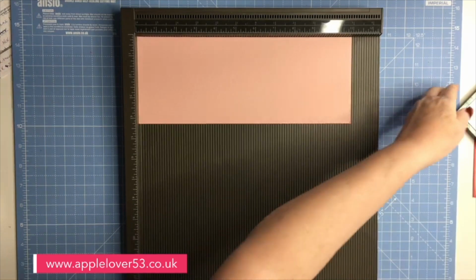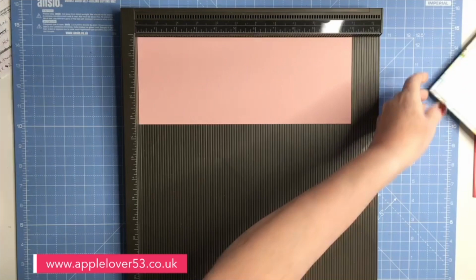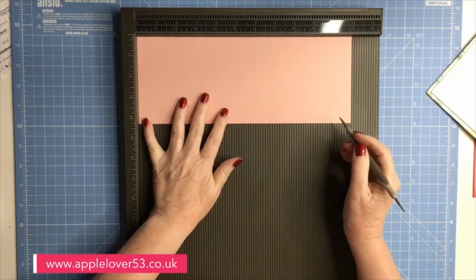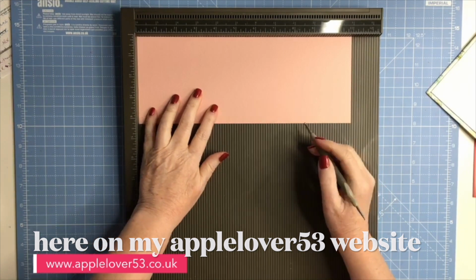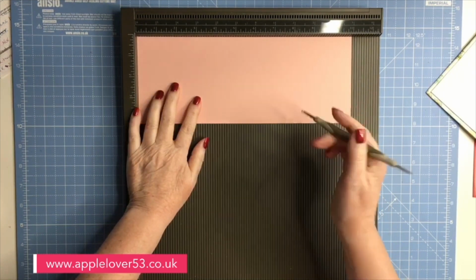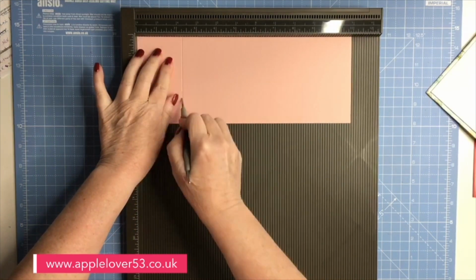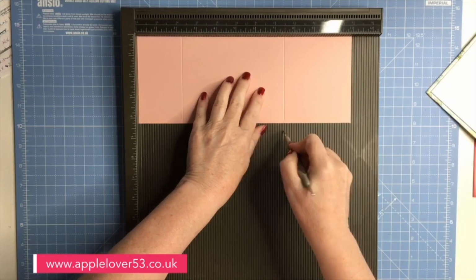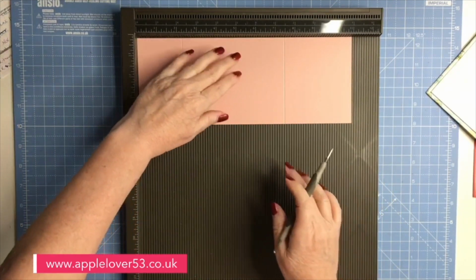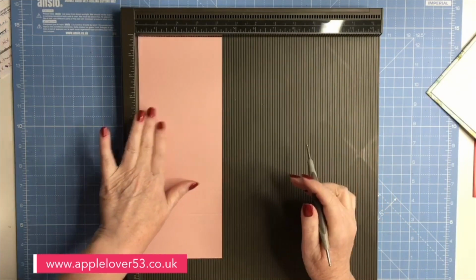Just got my planner over on the side with the measurements. And that planner is a printable that's available in my Stampin' Up shop as well if you want to get it. So on the 11-inch side, I'm going to score at 2 1/4 and 7 1/2. Then I'm going to turn it so that the bigger section is at the top,